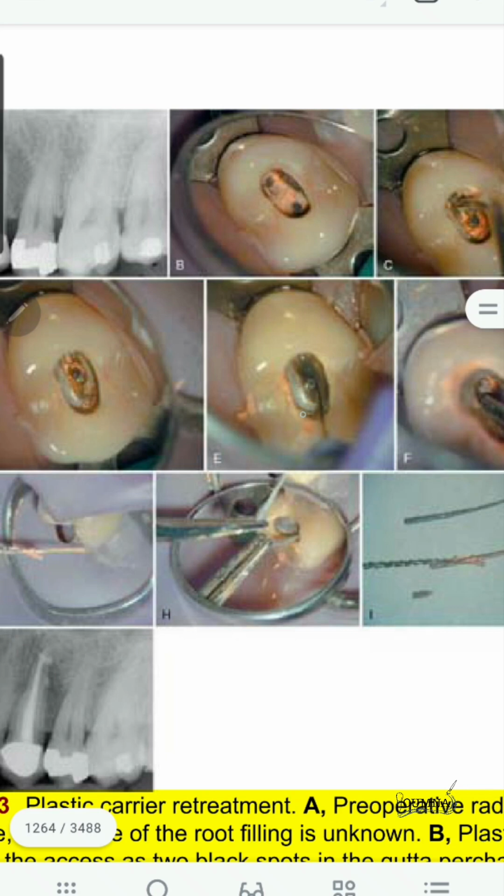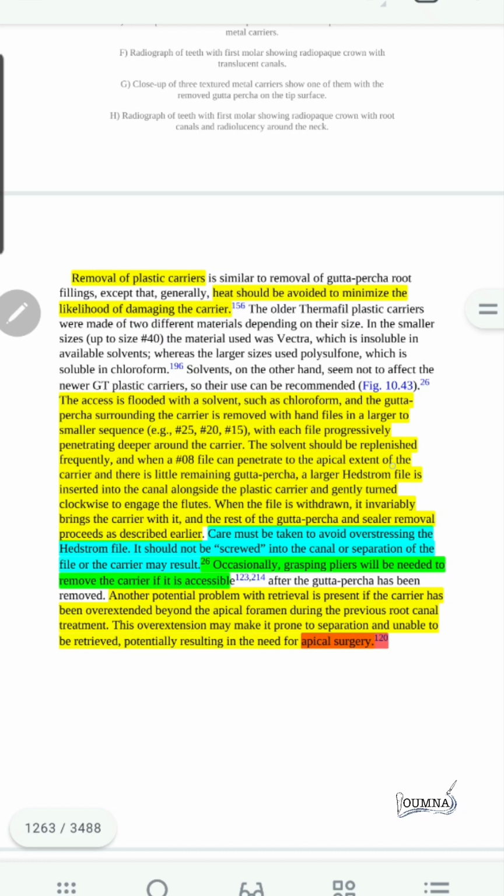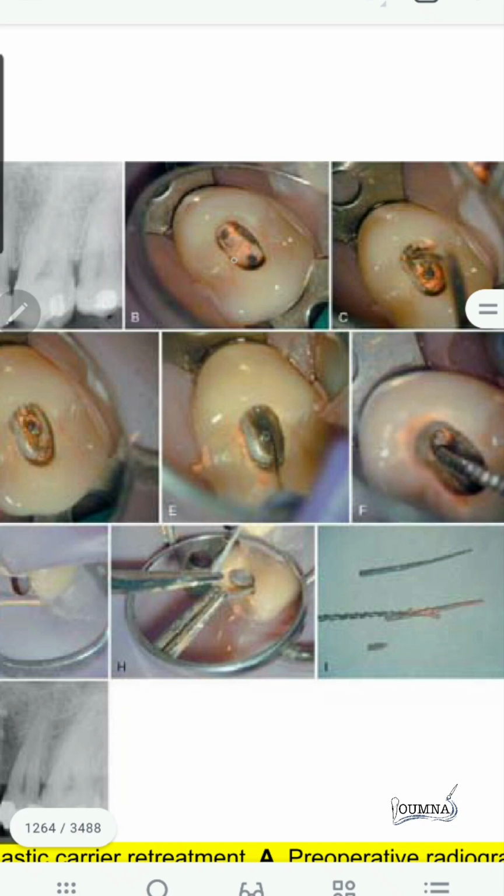The carrier may be removed fully, or we can grasp it by a hemostat. And we should replenish the solvent frequently as we penetrate, decreasing the size of the files from 25 until we reach the A file. So for removing a carrier, two things: we should not use heat for the plastic part, but we can use heat to remove the gutta-percha around. Second, we do not use rotary files to remove these carriers, so we do it manually and using a solvent,